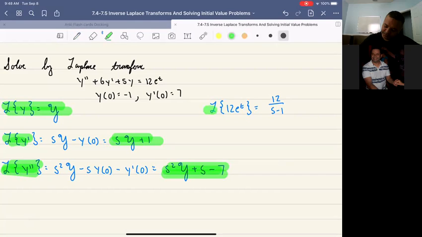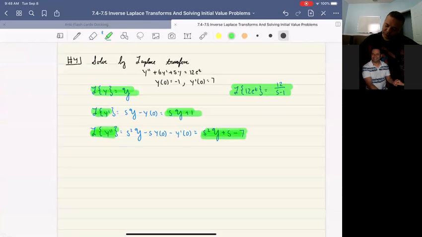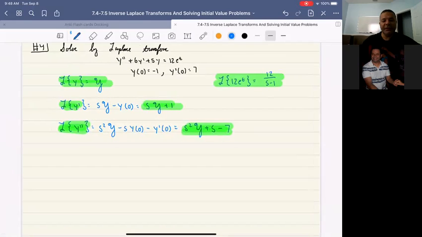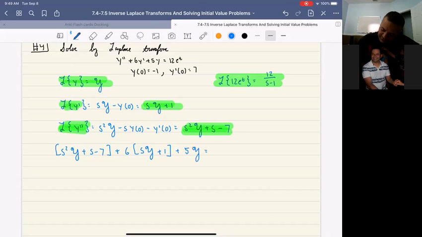Okay. All right. So now our differential equation becomes s squared y plus s minus 7, that's our y double prime, plus 6 times sy plus 1, plus 5y equals 12 over s minus 1. Okay,